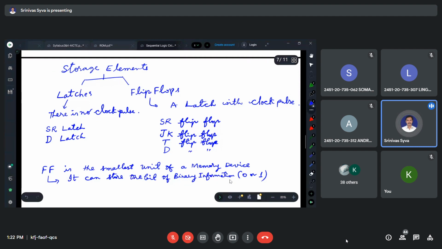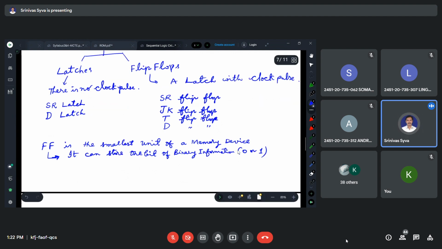1 bit of binary information. 1 bit and 0 is 1 bit. 1 is another bit. Okay, logic 0 or logic 1. Once a bit is stored in the flip flop, it will remain permanently until it is changed again or until power is removed. Okay, first we will take up the basic